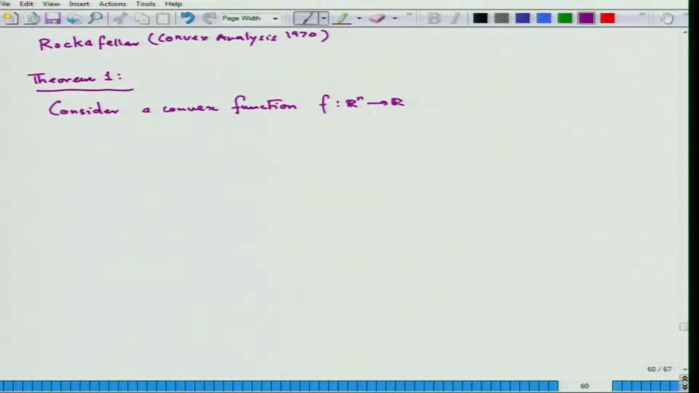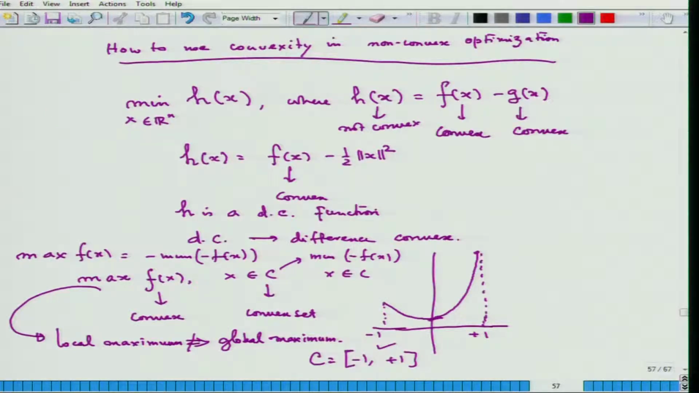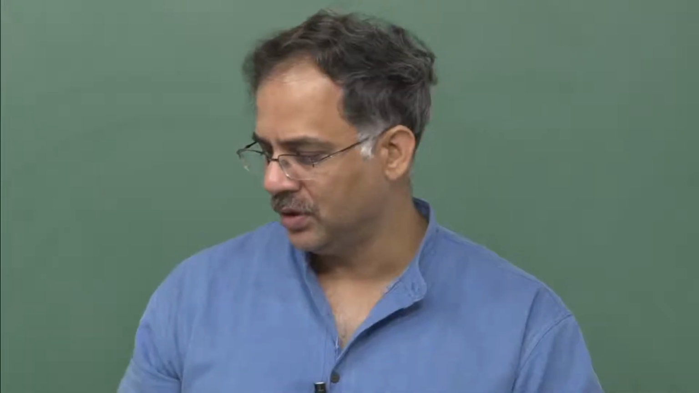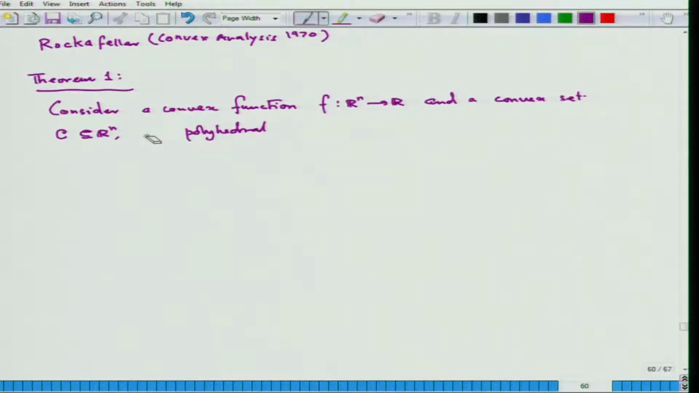Consider a function f from R n to R and a convex set C subset of R n that is polyhedral, sorry, I said closed set, it should be polyhedral. So, this is a reason, for example, here in the first example this set -1 to +1 is a polyhedral set, and that is why for a linear programming problem you always have the solutions on the boundary. The linear function is both convex and concave. Convex set which is polyhedral,